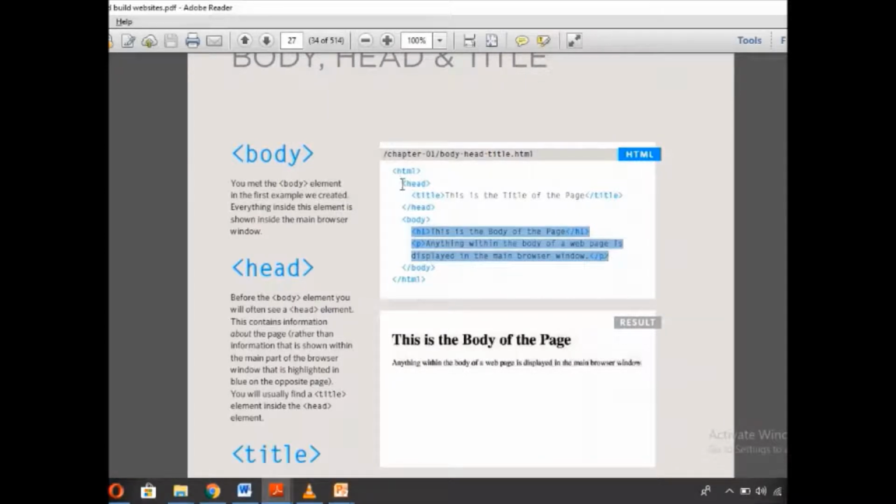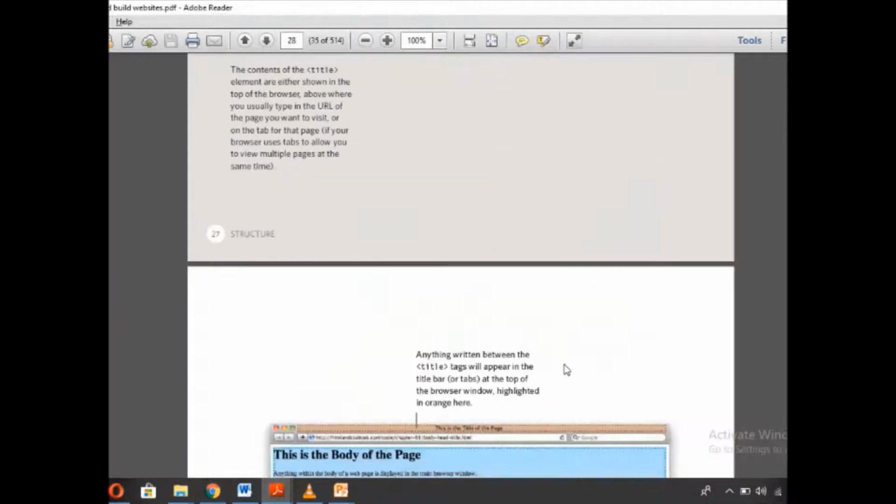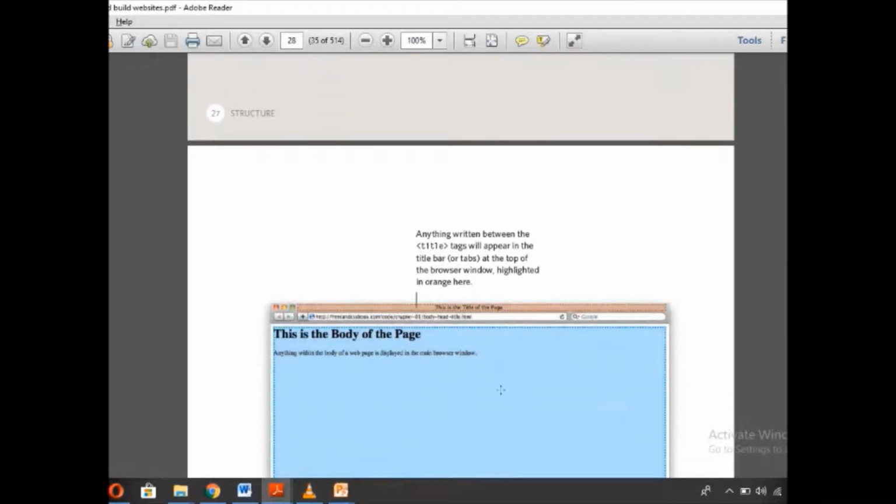This head tag, whenever you run this website or your web page, you will need a head tag. Inside that head tag you would have a title tag. So this is the title of the page, it would be displayed on the top of the window where you are showing your result, like this. You see, right here, this is the title of my page. If you see this one, this is the title of the page.